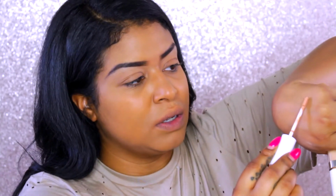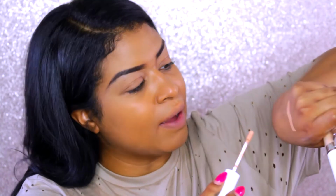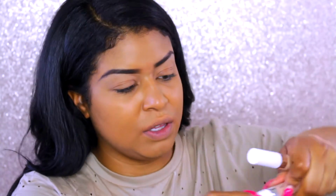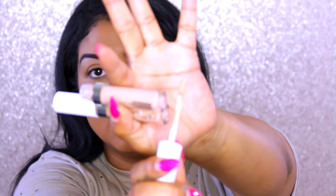So I really wanted to get my hands on Tan. It was like 50, I believe, or Deep Golden 50. So I wanted to try that one to see how that worked. But I'm really actually liking the applicator. So it has like this little doe foot applicator, and it is very flexible, so it's moving. And this concealer, just from feeling it, oh, it's nice and creamy. So that's 45